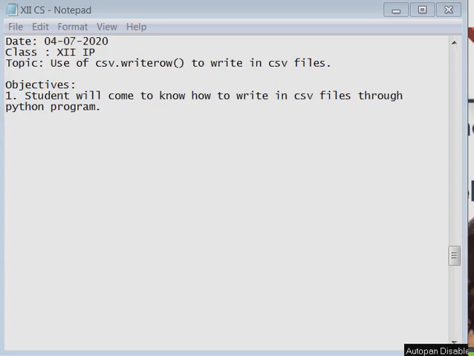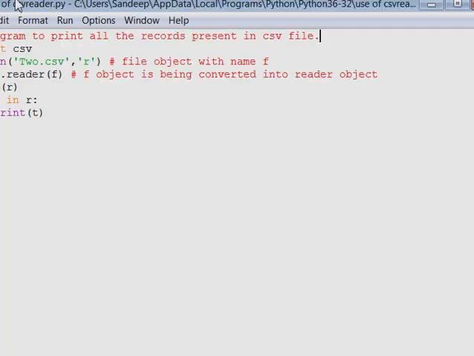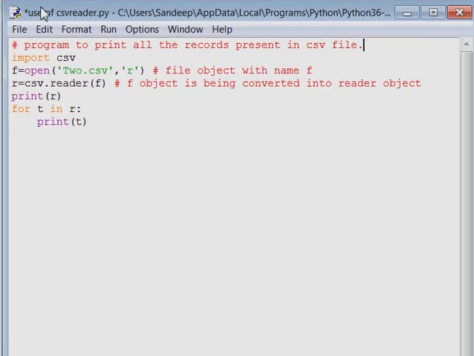Hello students, today's topic is related to data file handling, and that is related to CSV files. In our previous topic we have seen the use of the csv.reader function to read from the CSV file. We have also seen a function, or you can say a program, in which we need to print all the records present in the CSV file,